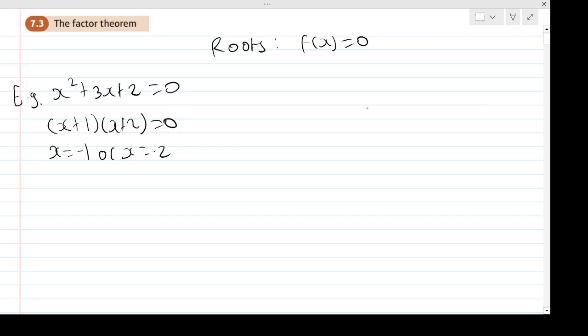Okay, so why am I bringing this up then? Well, we've seen with any type of quadratic or polynomial in general, actually, that you can factorize it if you can. You can factorize it, and then from the factorization, you then can find the solutions, the roots, right? If you set it to 0. And what happens is we can essentially go from finding